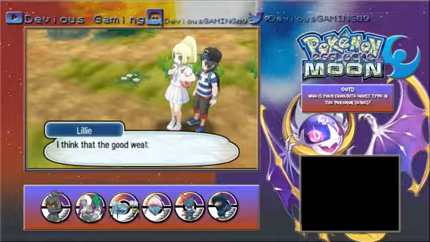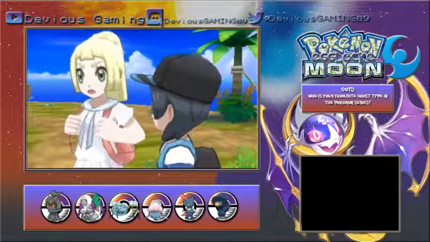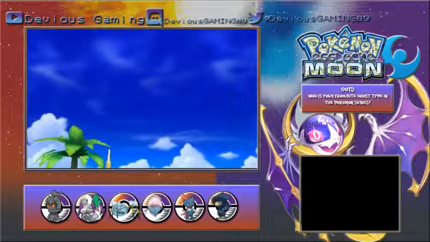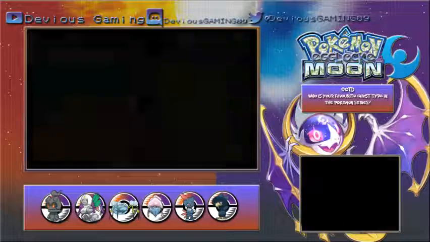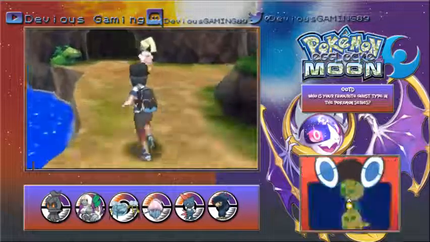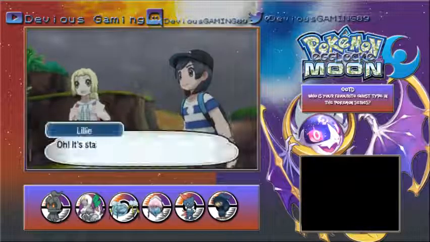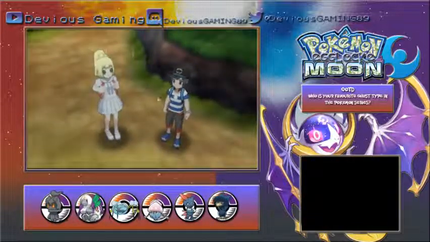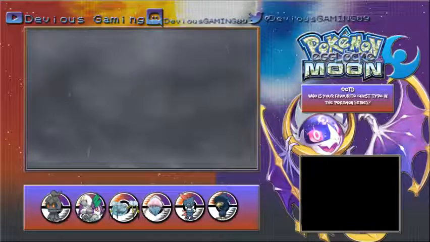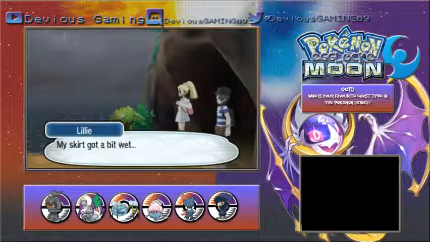Phew, that was an Exeggutor, wasn't it? I think that the good weather in Alola has let it grow a bit more vigorously than I'd prefer. So let's head off now and look for this flute. Oh, it started to rain. Rain in Alola, huh? My skirt got a bit